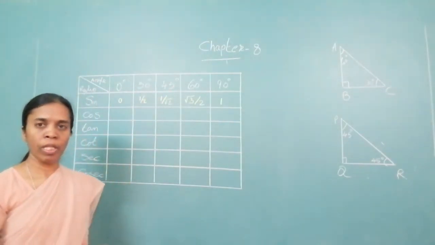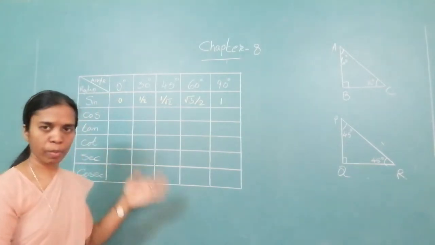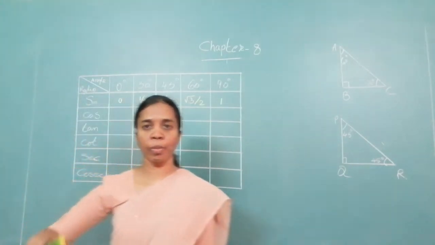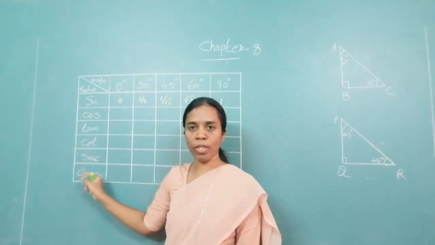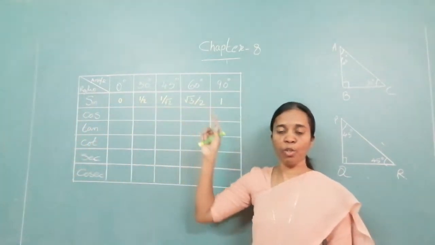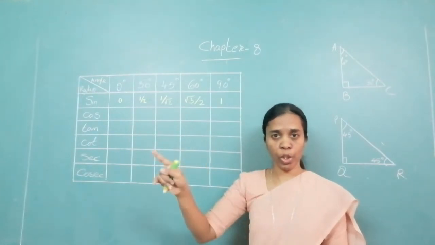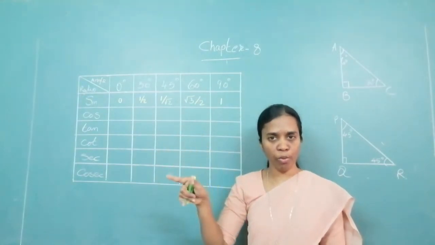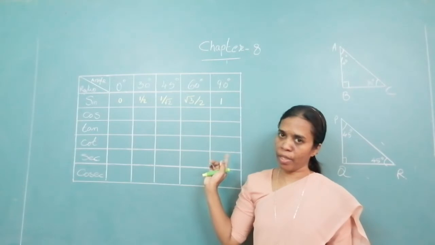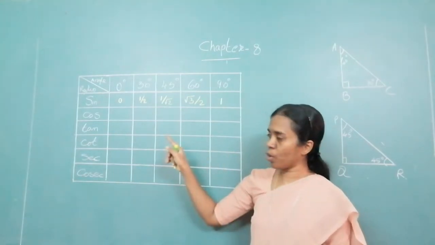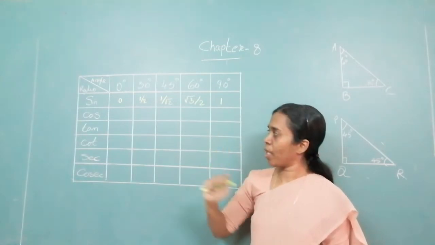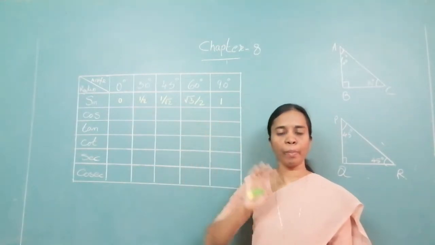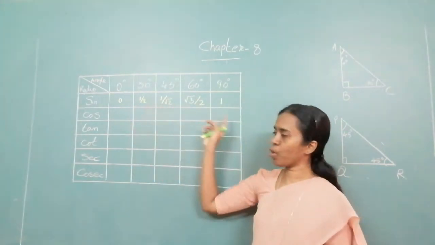Okay. Now, this first line, this much you should remember first. That is why I said that order you should never forget. Sine, cos, tan, cot, sec, cosec. And this side 5 measures are the angle. 0, 30, 45, 60, 90. Okay. 0, 30, 45, 60, 90. Now this first line you should learn by heart.